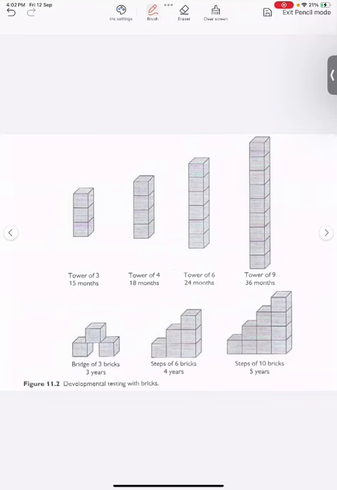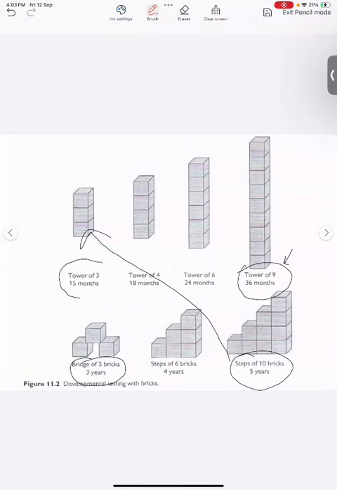Okay. Can you please first demonstrate? Depending upon the age, like if the child age is 5 years, you will not demonstrate this one. You will ask him, can you please make steps of the bricks of the cubes? If the child age is 3 years, can you please make a tower for me? Can you please make a bridge for me? So first you will demonstrate. You ask the child, depending upon the age. If he says no, he cannot, or the examiner says no, he cannot, then you demonstrate in front of him and ask him, can you please make it like this? Okay. So depending upon the age,